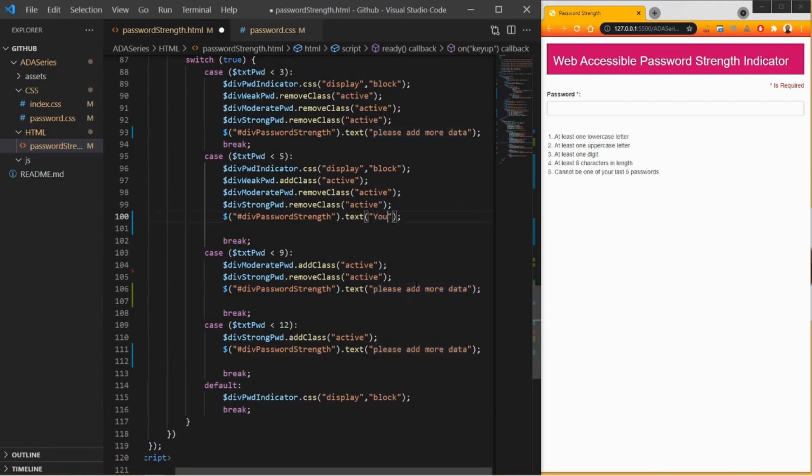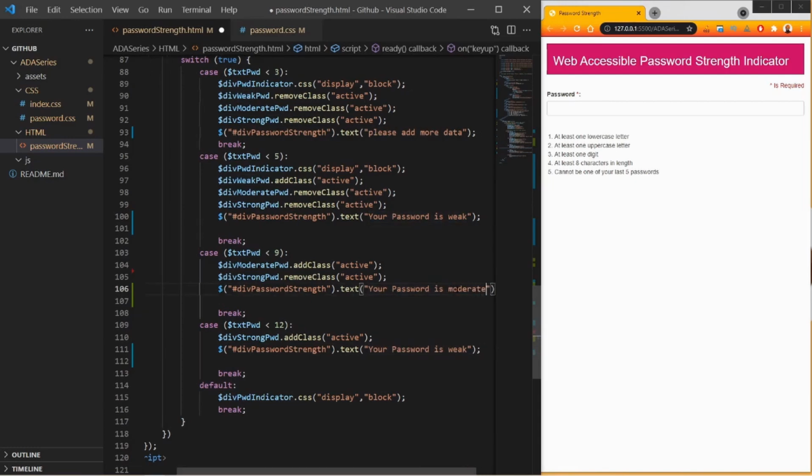We'll say your password is weak, and then let's copy this text and just replace it with the other sections. We'll say is medium, or let's use moderate, and then finally we have strong.